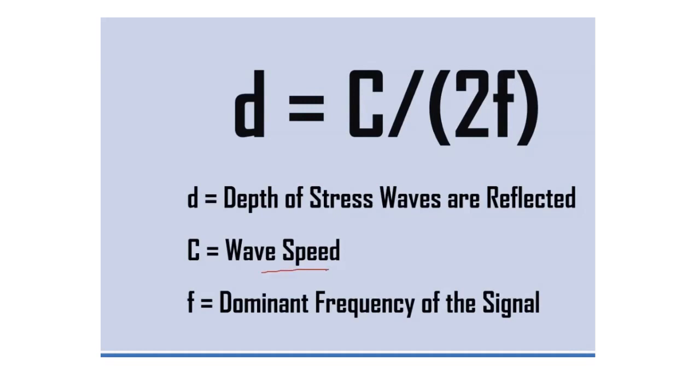This formula will help you find out the depth at which that crack is present in that metal body or concrete body. F is the frequency with which it is vibrating, which will be noted by the transducer or receiver, C is the sound wave velocity, or sound velocity simply, and D is the depth of stress wave reflected.